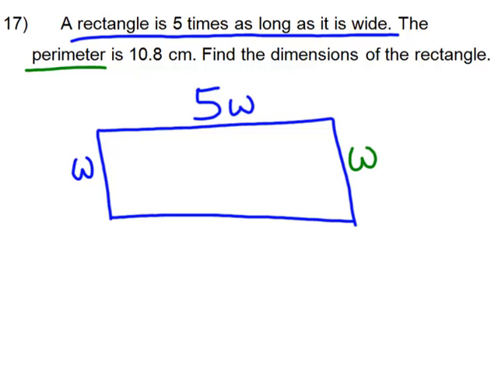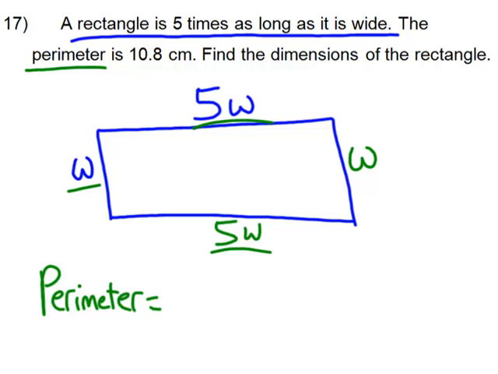I don't have to label this, but I'm going to. I'm going to label those other 2 sides as another W and 5W. And when I add them all up, the perimeter, P, or I'll just go ahead and write out perimeter, is going to equal 5W plus W plus another 5W and another W. That's 12 W's total. And if I'm being told that that adds up to 10.8,